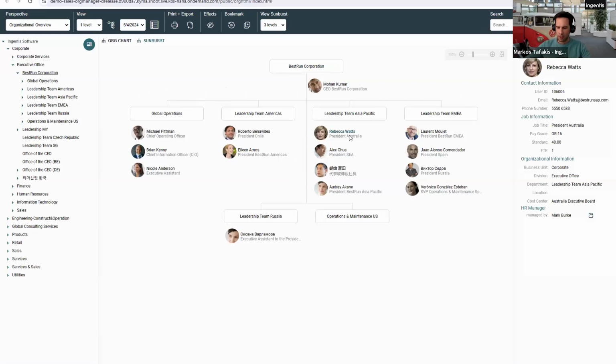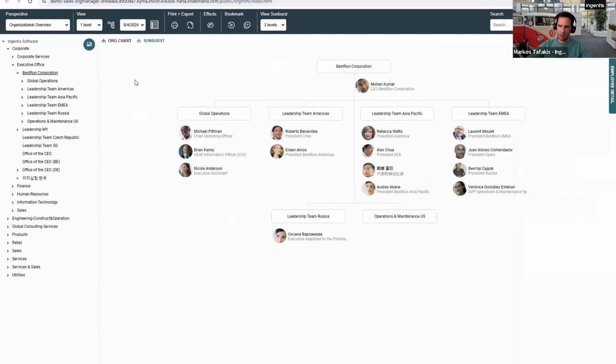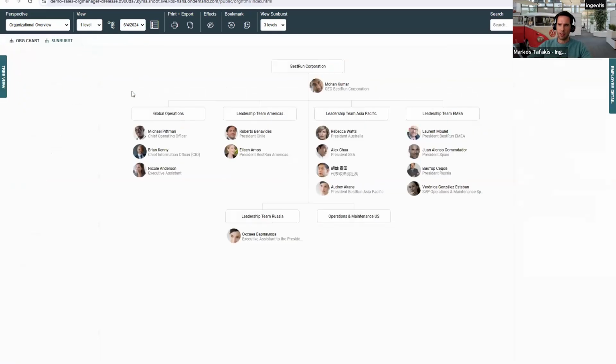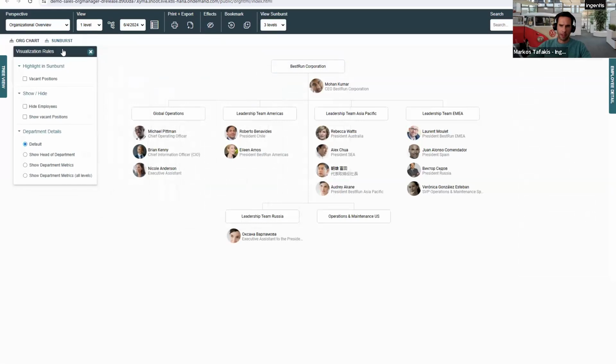But what about now if we again focus on the question of how to go from data to decisions? I would like to pick up a very simple use case, which is about vacant positions. And for that, I will make some more space on the screen. And you see that I can open an element called effects on the top here. And these effects basically open a section called visualization rules,